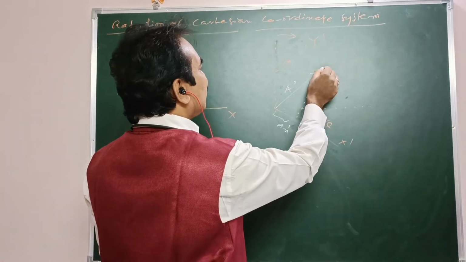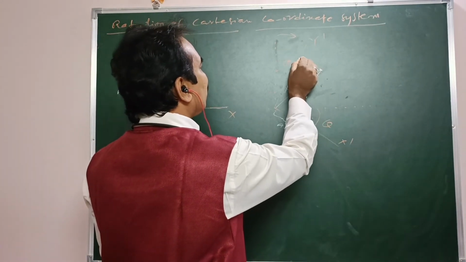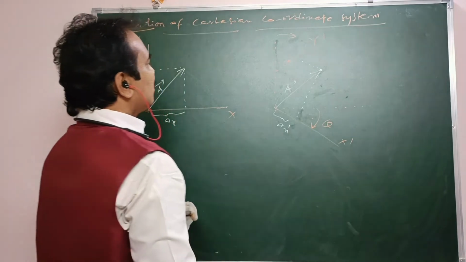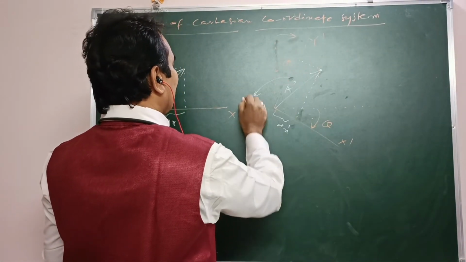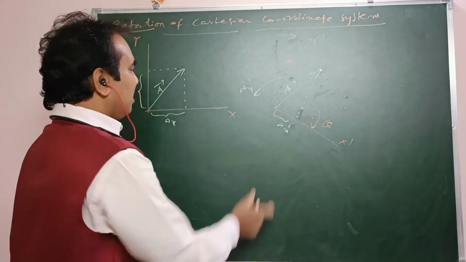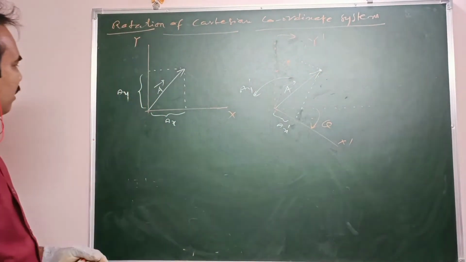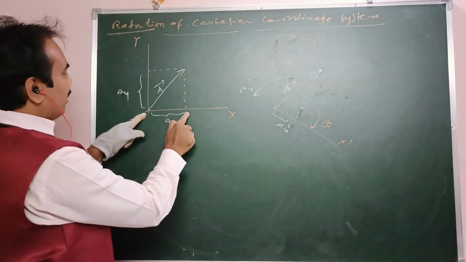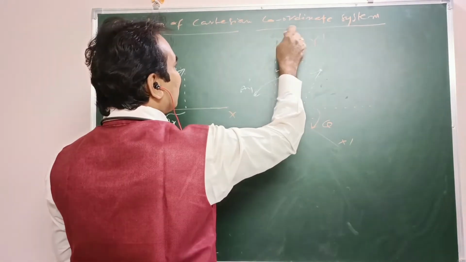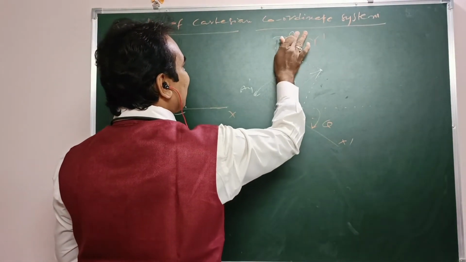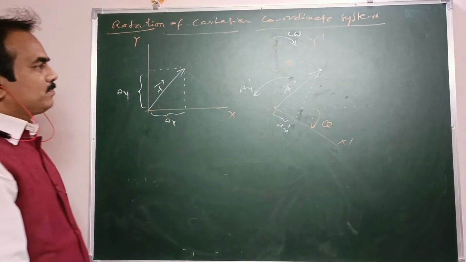By drawing a normal from the tip of the vector onto the new y-axis. This is what, from here to there. This is what, ay dash. This is ax dash. This is ay dash. I am saying we can say that with this rotation, that is clockwise rotation, clockwise rotation of Cartesian coordinate system,